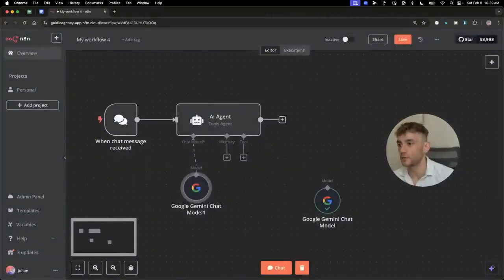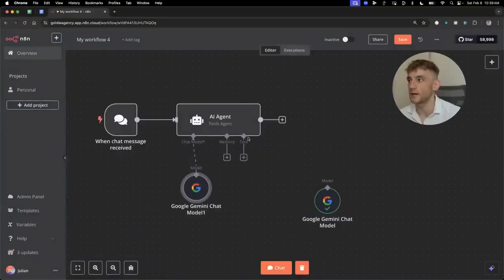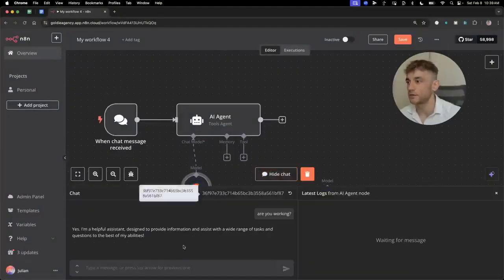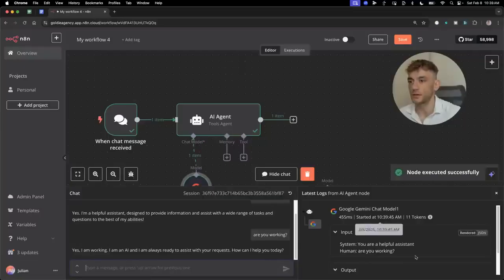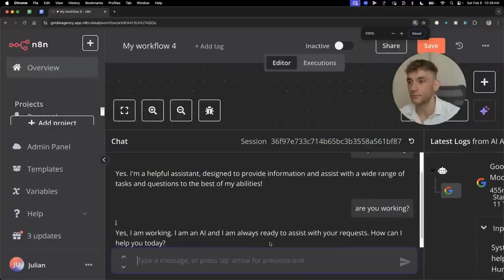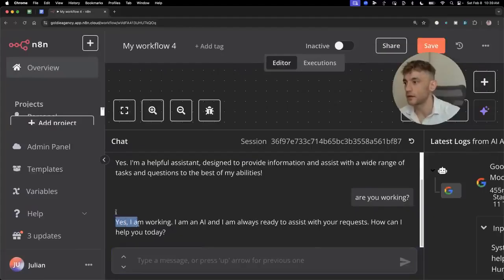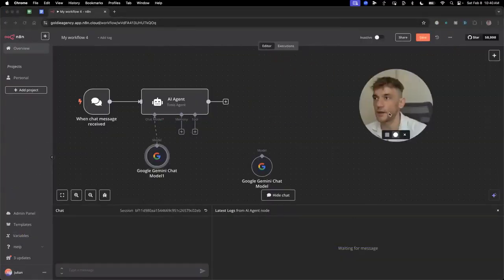If you want to just test that it works, once you've added your API key and the chat trigger, then you can go inside the chat and just say, are you working? Just to double check, is this actually working? Have we got the AI assistant ready to go? And if it's set up correctly with the right API key and everything else, then it'll say, yes, I'm working, I'm an AI and always ready to assist. Once we've done that, if you want to just reset the workspace and zoom out a bit,